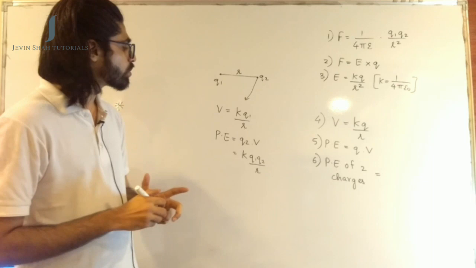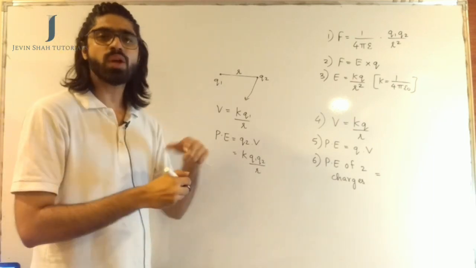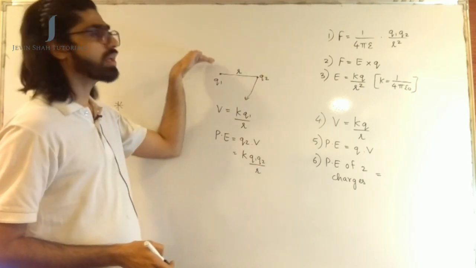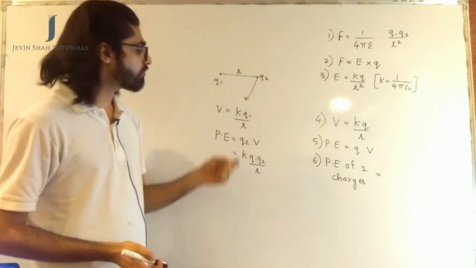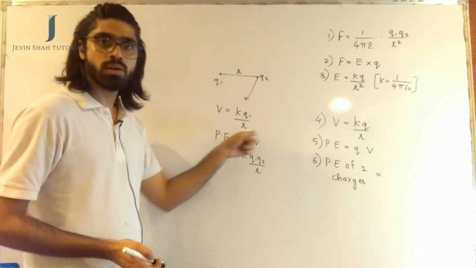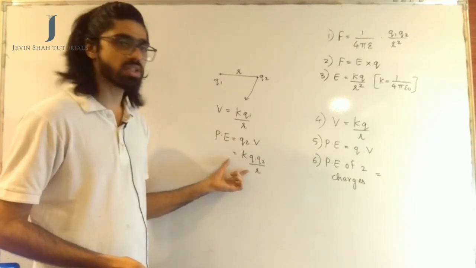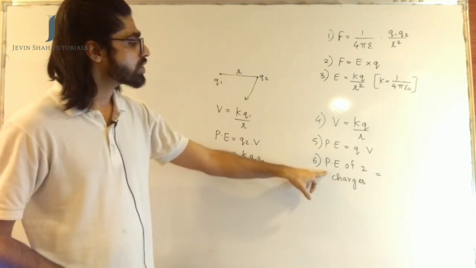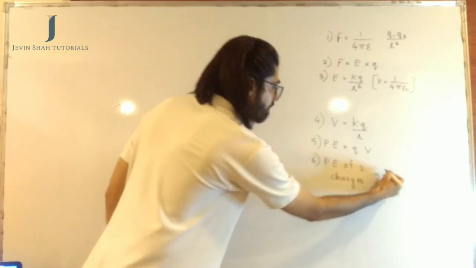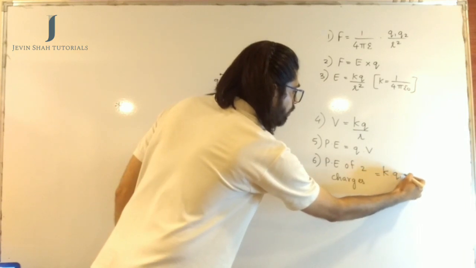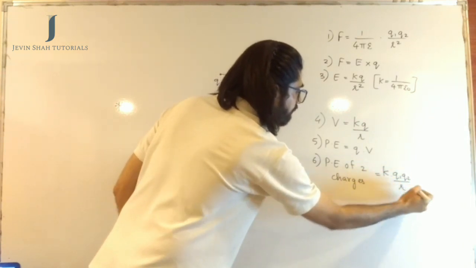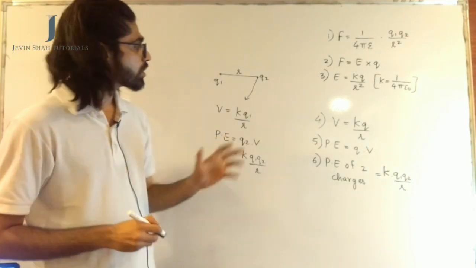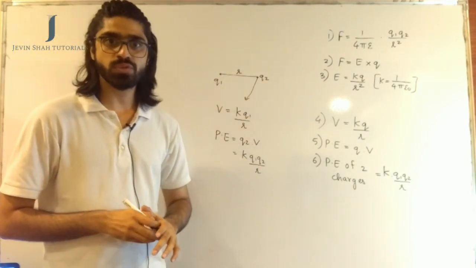You may be wondering that this is only the potential energy of Q2. Think of it in the reverse way. Think that it was Q2 available first and then you are bringing Q1. So potential energy of Q2 or Q1 will be this only. So you take either charge, their potential energy will be this. So in general, we say this is potential energy of the system. So potential energy of a system of two charges will be given by K into Q1 Q2 divided by R. And that K, like I said, is 1 upon 4 pi epsilon naught. So this is something about the potential energy of two charges.